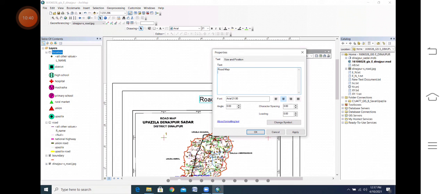Enter, then Upojila. If there is a spelling mistake, please inform me.